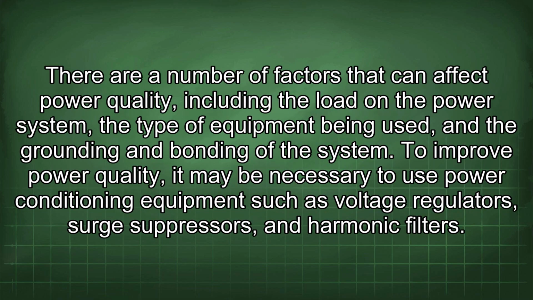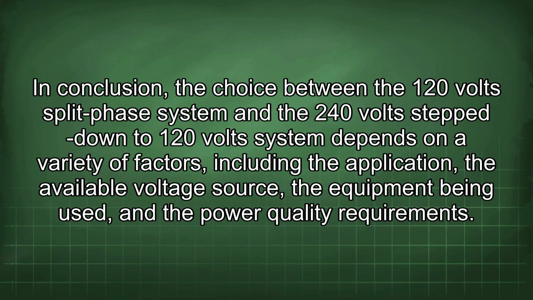There are a number of factors that can affect power quality, including the load on the power system, the type of equipment being used, and the grounding and bonding of the system. To improve power quality, it may be necessary to use power conditioning equipment such as voltage regulators, surge suppressors, and harmonic filters. In conclusion, the choice between the 120-volt split-phase system and the 240-volt step-down to 120-volt system depends on